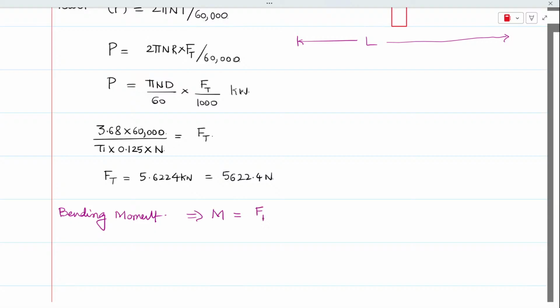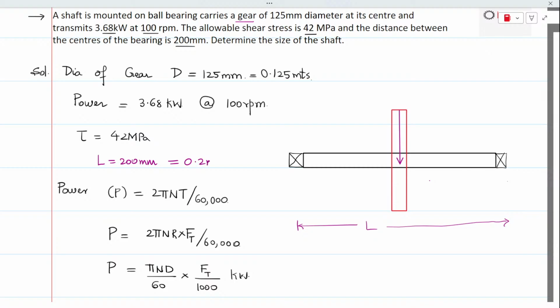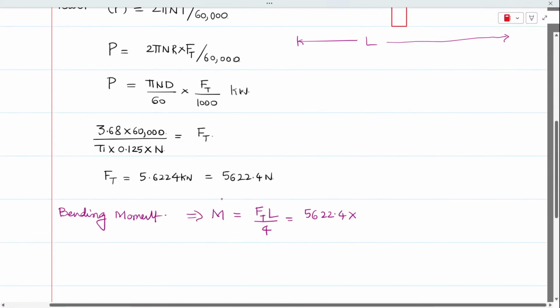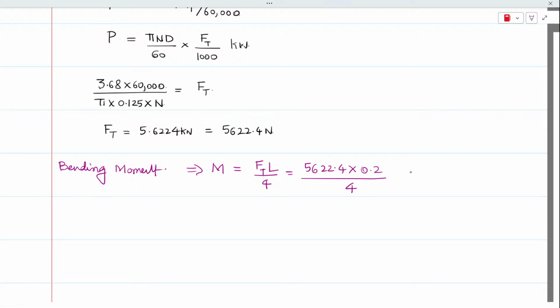Here W is Ft, so M is Ft into L divided by 4. So Ft is 5622.4 into length of the shaft given as 200 mm, which is also equal to 0.2 meters. So this is multiplied with 0.2 whole divided by 4. So upon calculation, we would get this as equal to